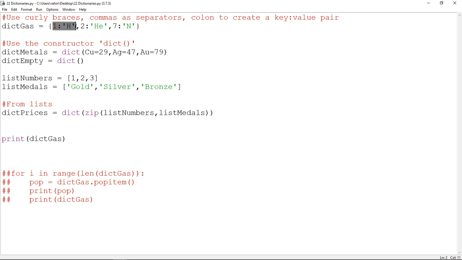For example, here we have our first pair, and then a comma to separate, and then the second pair, another comma, and then the third pair. This is the key. Then we have the separator for the key value pair, and then this is the value. So okay, it's ready to print. If we print this,